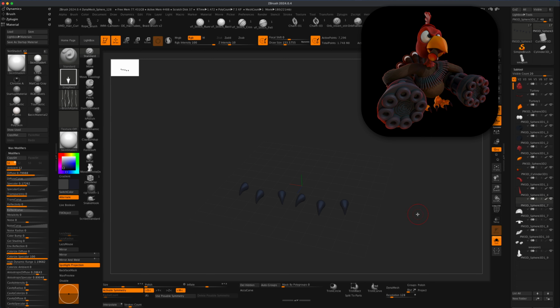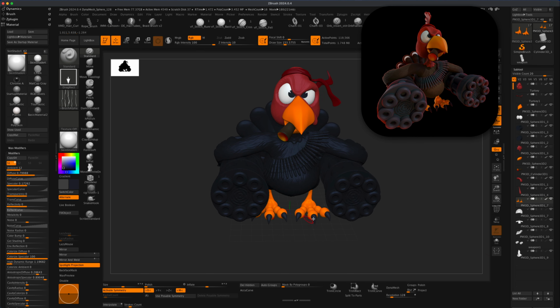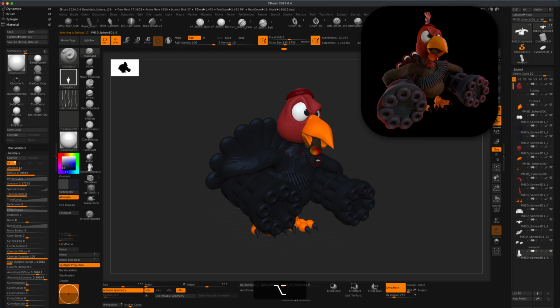Do Control Shift click to bring the feedback, and now I have something along these lines. Jump out of the solo and take a look. I think that looks good. I like the black nails with the orange feet. That looks amazing. I'm gonna select the neck, hover over this color, press C, and let me fill the neck